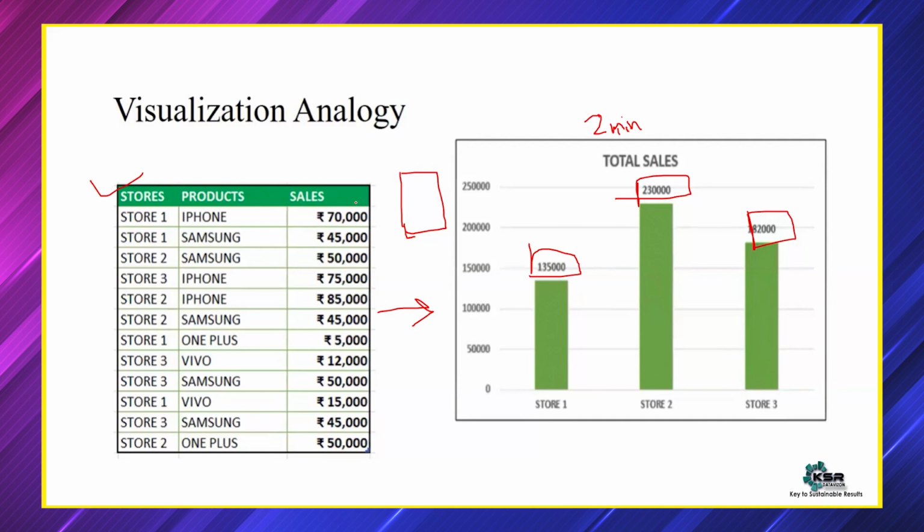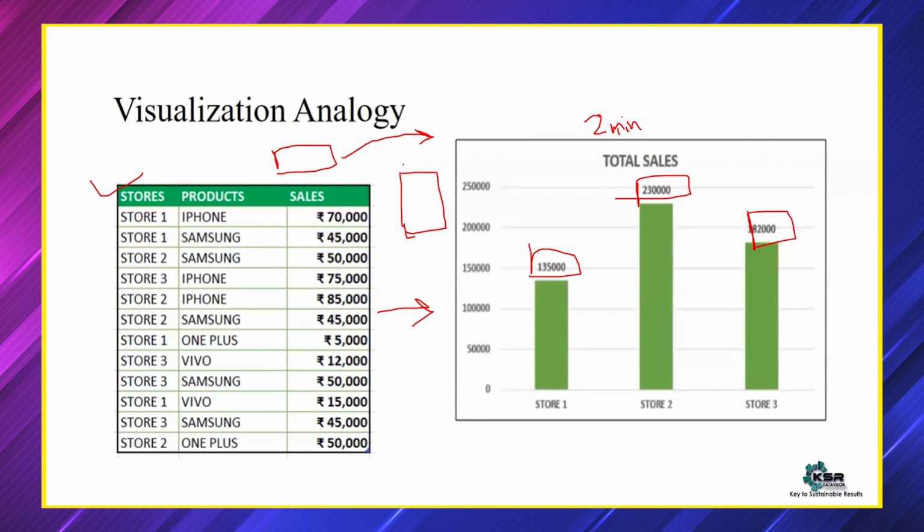Importance of reporting. Why are people moving from Excel? Even in Excel there are multiple charts available, but Excel is also a product of Microsoft, and with the introduction of Power BI, people are moving to Power BI. Why? Because Power BI has more impact. Maybe the number of visuals is higher. We have a better cleaning tool available in Power BI, and we can share reports with multiple people.